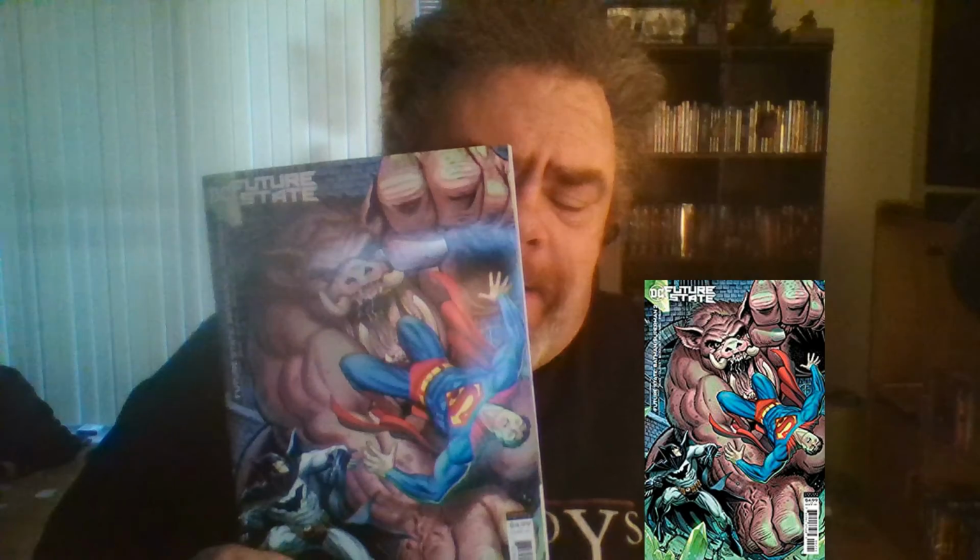Alright, here we go, people. Let's start with the one that I liked the least this week, and that would be Future State Batman Superman #2. This happens to be the cardstock variant cover. Anyway, so we left off last issue with Superman being captured because